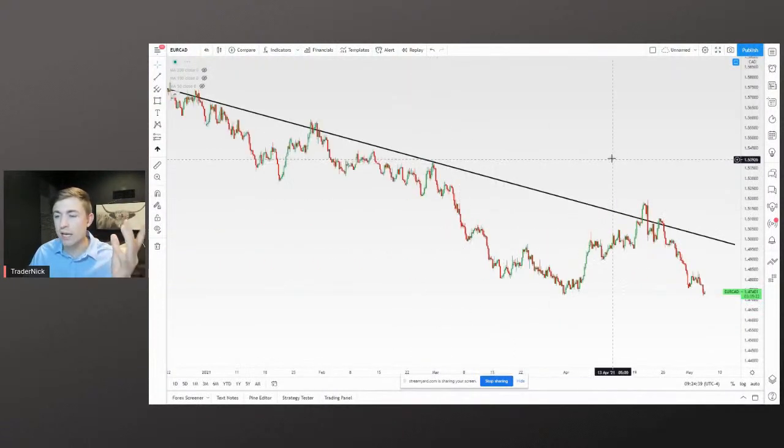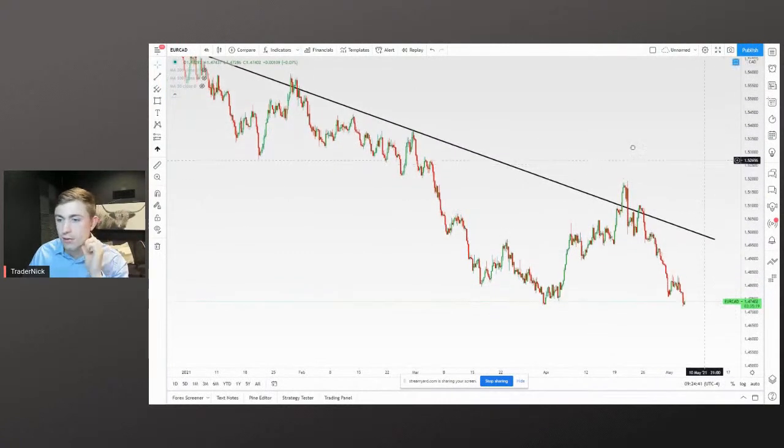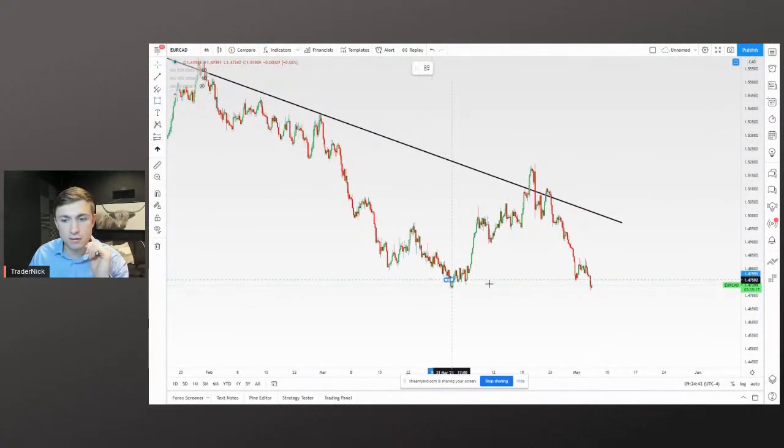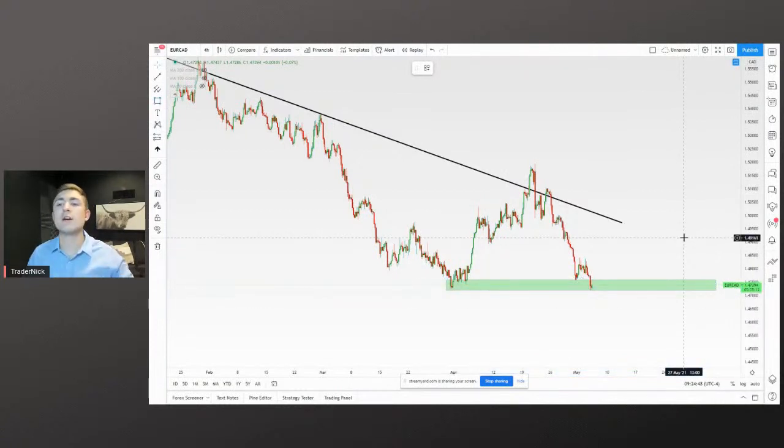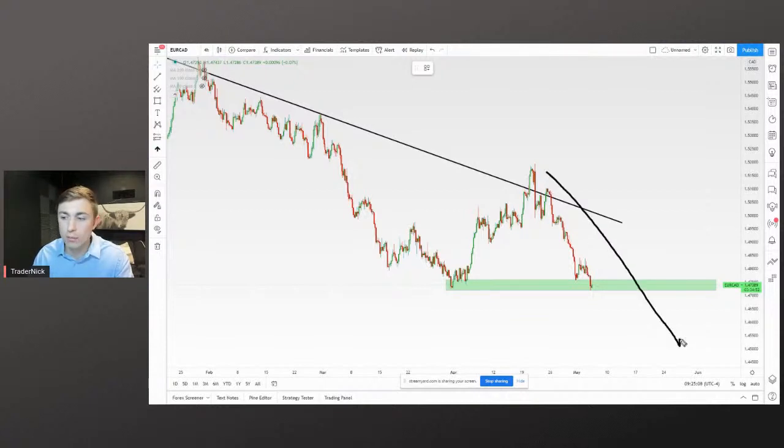So again, we asked the question, now that we're at the lows, is this thing a buy? And I don't know. I'm not here to tell you it's definitely not a buy and it's definitely going lower. I'm just saying that you have to be careful. Just because a chart looks low, or it seems like it's sold off quite a bit and it's got to reverse, it doesn't necessarily. Because as long as the Euro continues to underperform the CAD, we would expect this thing to go lower. If you expect the Euro to outperform the CAD,